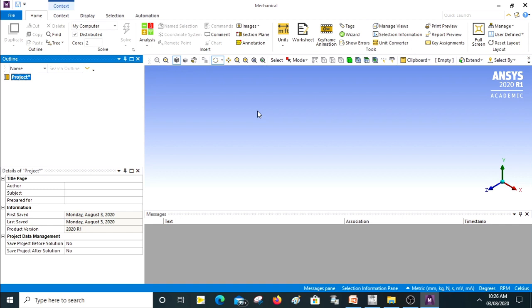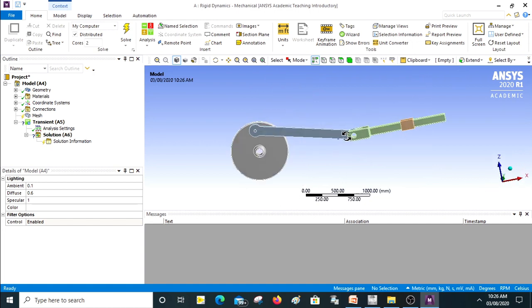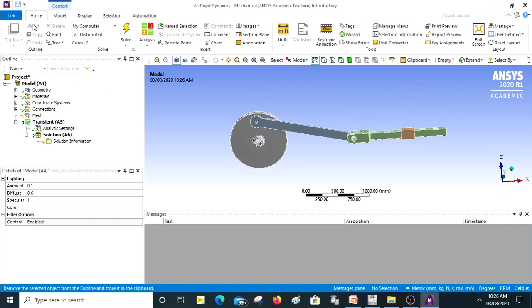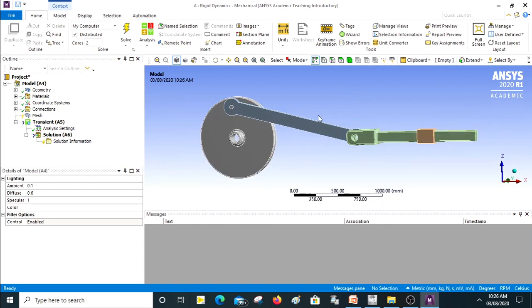Okay, now it has opened my model cell. We are in the mechanical window of the model cell. In the latest version, they have made it more user friendly. It looks to me like many modeling software now have these ribbon tabs at the top, so it has become slightly more user friendly. Now let us move ahead.